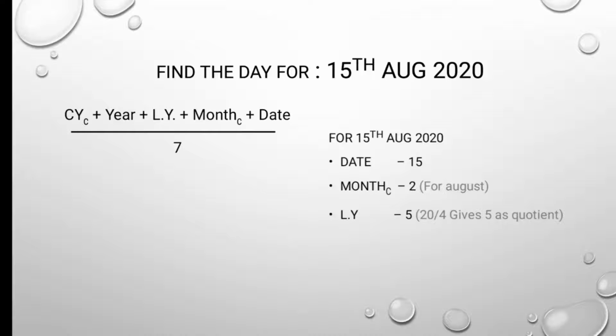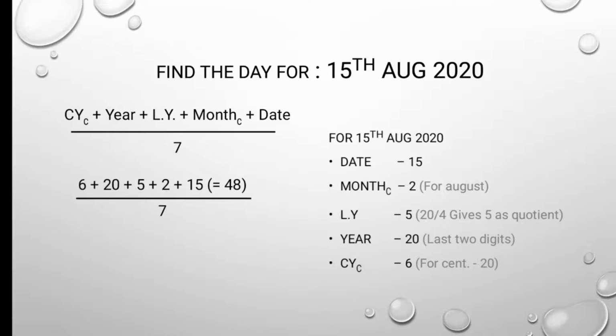After that we have leap year. So for the leap years of 2020, when we divide 20 by 4, the quotient is 5. So the number of leap years is 5. Next we have year. So the year is the last two digits, which is 20. And last we have the century code, which for 2000 is 6. We have already seen century codes. Remember these or make a table, note the codes, so that while you are using the formula you will put the right exact value.